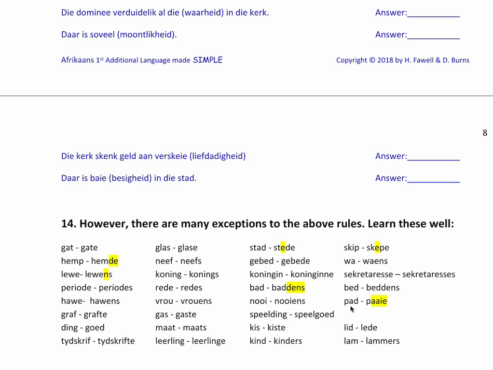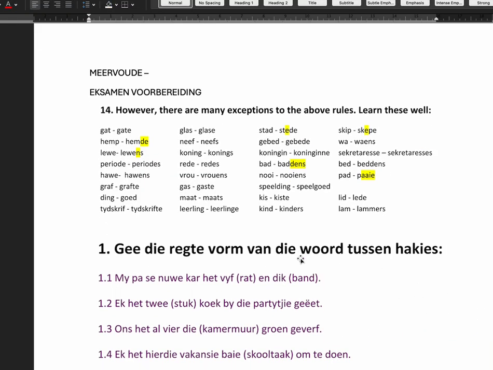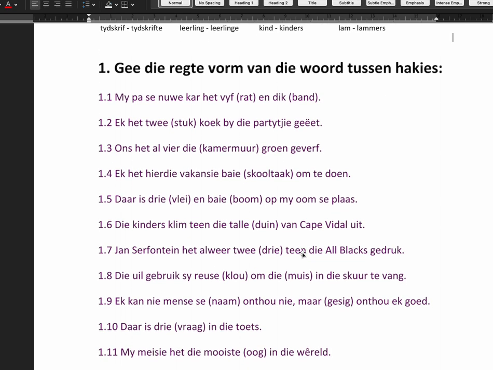Eh? Then pad. Ooh, this is the one that always gives my students a little bit of a headache. A headache. Pad will become paaie. And lid will become lede. And lam will become lammers. Good. So what I'm going to quickly do with you now is let's look at some of these words and see whether we can just insert them for you.